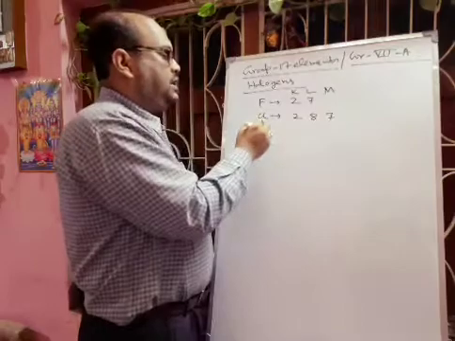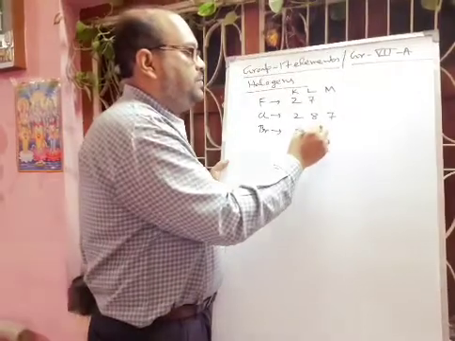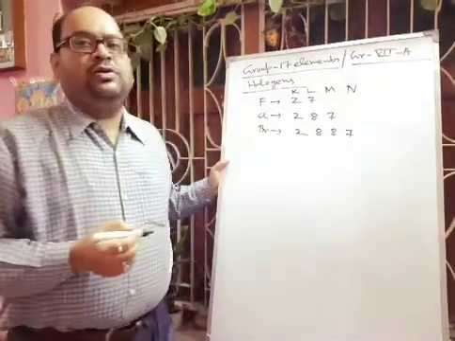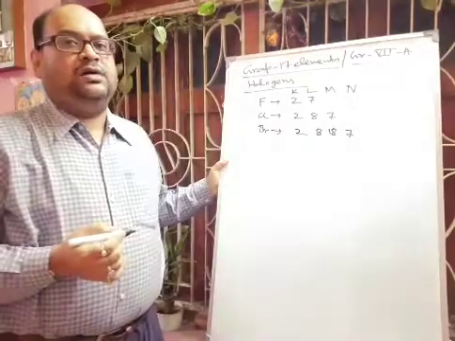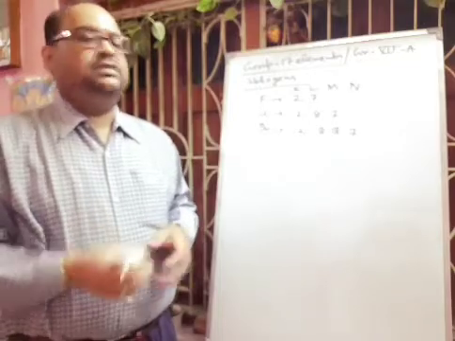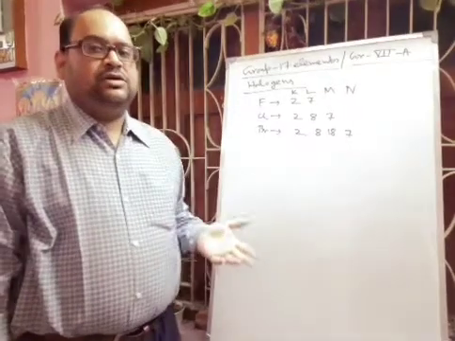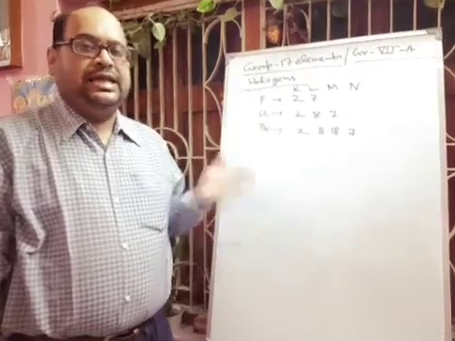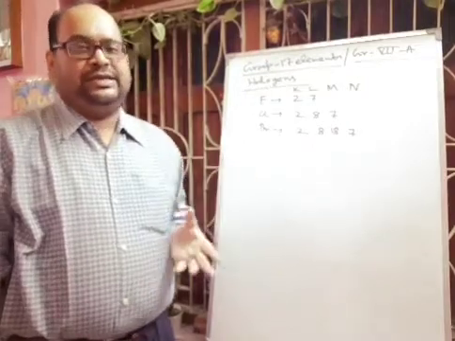After chlorine there will be bromine. Bromine will be 2, then 8, then 18, then 7. This one is the N shell. In this way you have to write their electronic configuration. In the case of iodine, definitely in the last valence shell there will be 7 electrons. In the case of astatine also, there will be 7 electrons. So these are the elements. They are highly reactive, because if they accept 1 electron, they get the nearest noble gas structure.